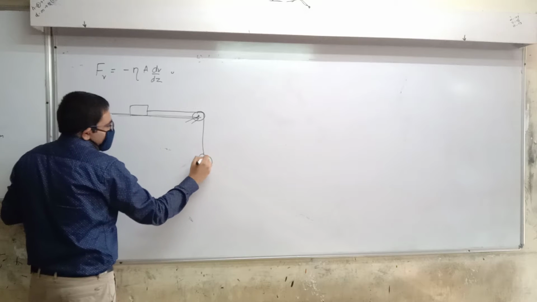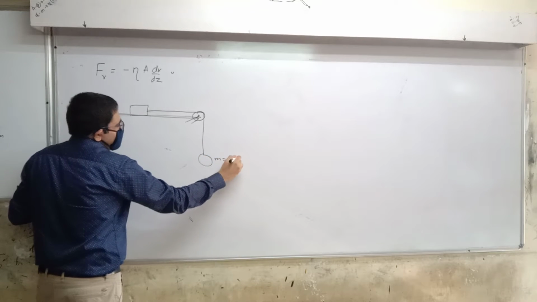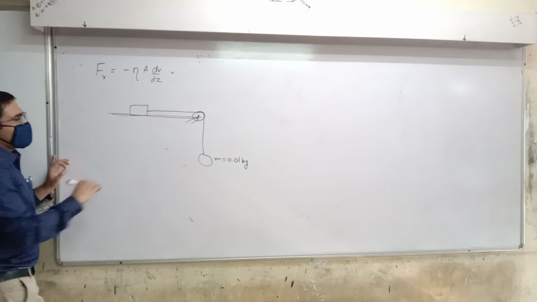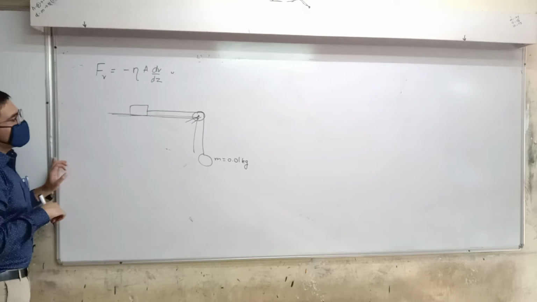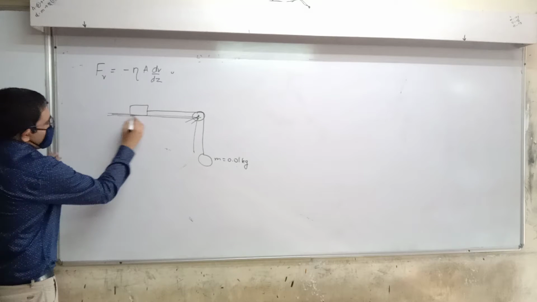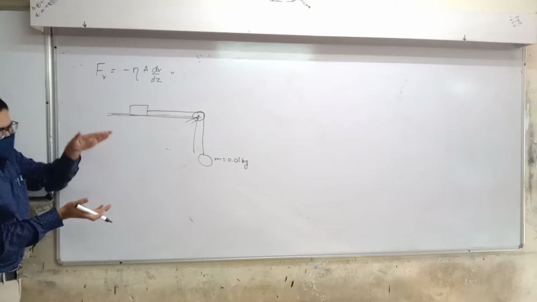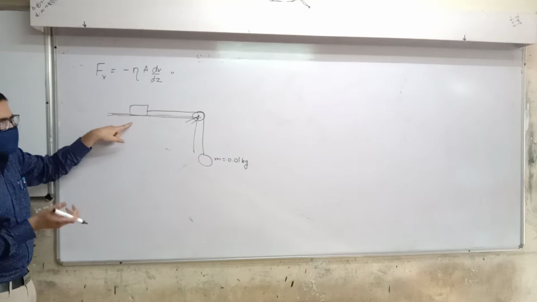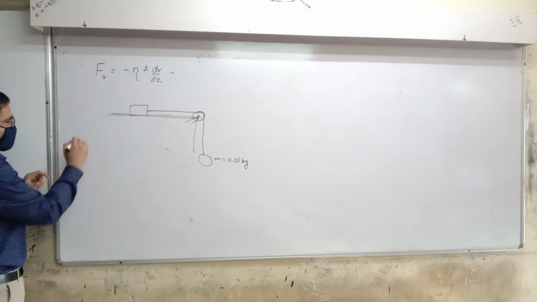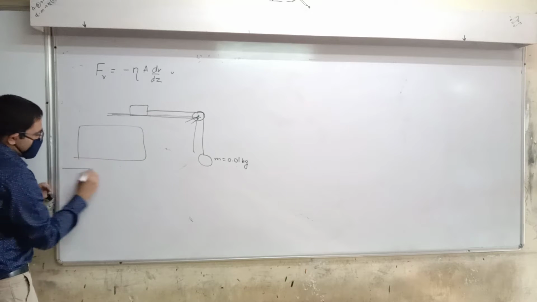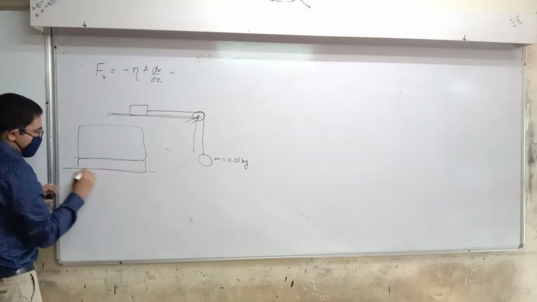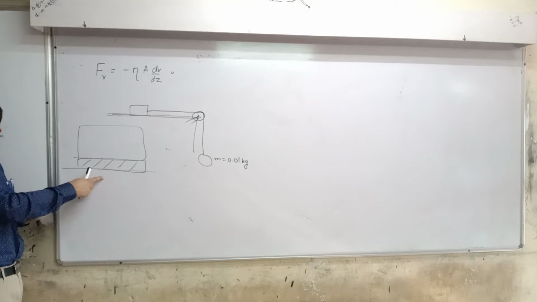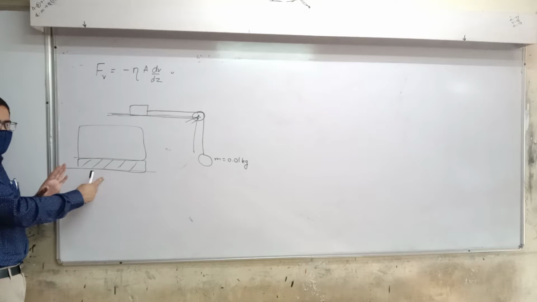Shape doesn't matter. This is how much mass? 0.01 kg. Right, and here is okay. Now there is a liquid everywhere here. So what happens is when you press the block, there is a liquid layer between the block and the table. Understood? Now you should think about what I'm saying. This is what it looks like. There will be a thin liquid layer between the block and the table. Got it? Easy to understand that one?